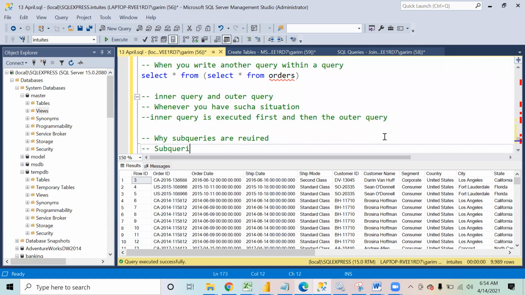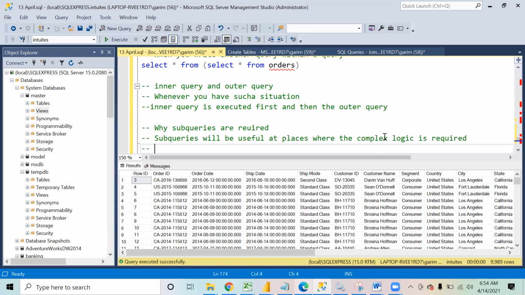Subqueries will be useful at places where complex logic is required, and where certain properties of SQL fail.